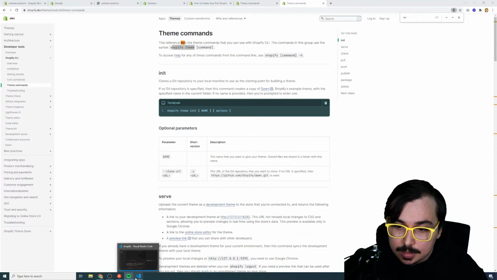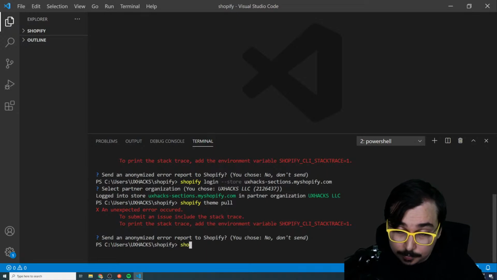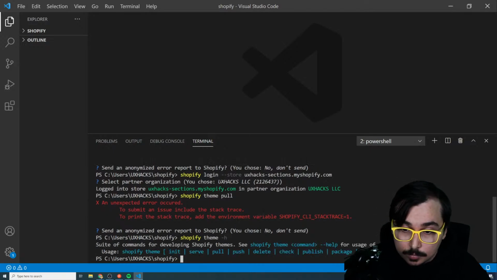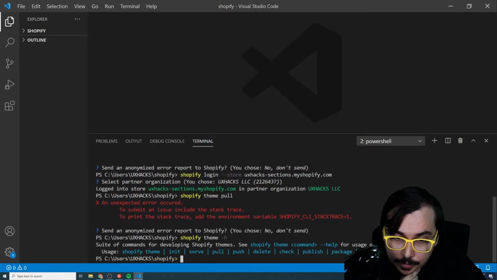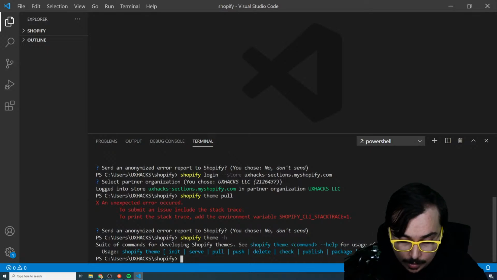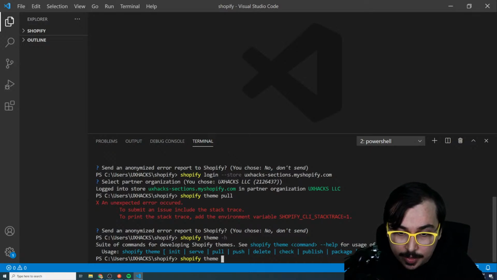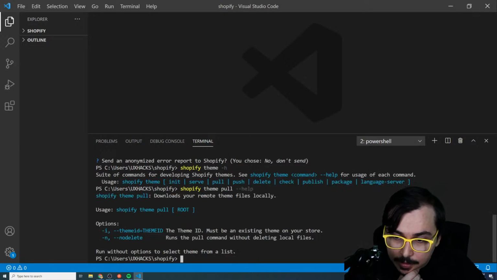Shopify theme pull. Let's see if we can get some help going here. Yeah, so here's what we can do. Let's do Shopify theme pull --help and let's see what we get here. The theme ID must be an existing theme on your store. And then,